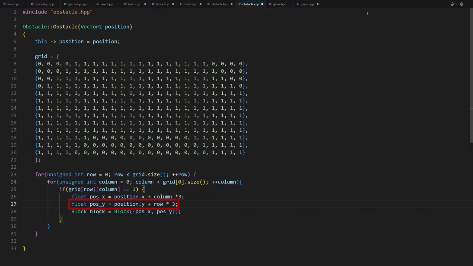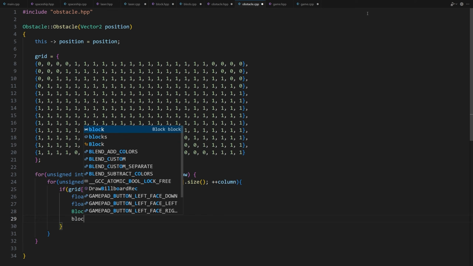Similarly, this line calculates the y-coordinate of the block based on the row number in the grid and the y-coordinate of the obstacle. Again, since each block is 3 pixels tall, we multiply the row number by 3 to determine the correct y-coordinate for that block, and we then add the y-coordinate of the obstacle. Now we can add the block we just created in the blocks vector.